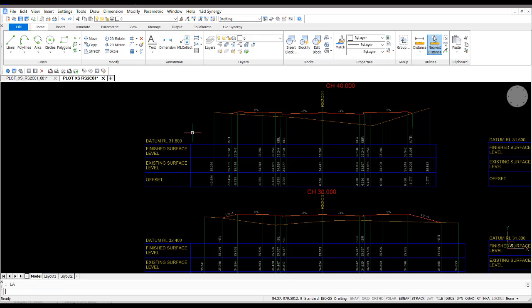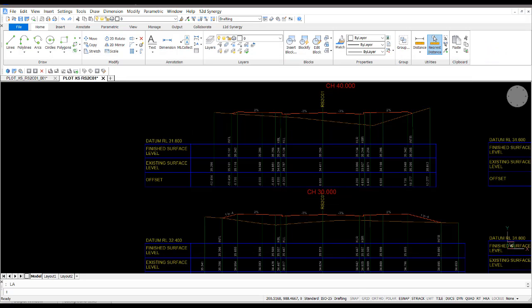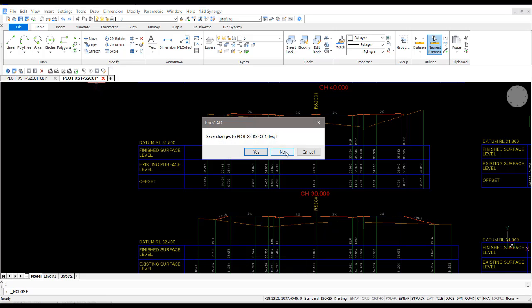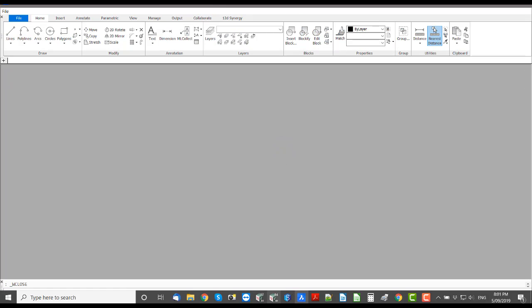We'll just check the layers in CAD here, and again it's just given me one layer with everything plotted on there, and the model name was plot XS, and then the road name, so that's the layer name that it's given, which is fine for some people who are happy with that. Other people want to actually give it to a CAD team, and they want to change the different colors for the different parts of the cross sections, and I'll show you how to do that. So let's just close that now, and we won't save that. We can probably close that as well. Finish with that one. So back into 12D,